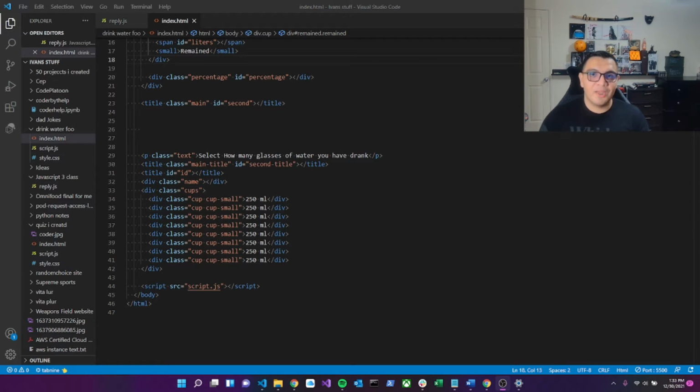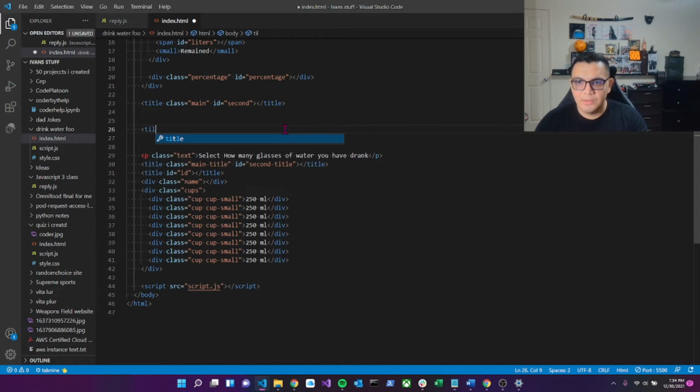So what I'm about to show you guys real quick is a little trick that Visual Studio has for HTML files. As you can see all these elements, which I'm not gonna go into too much depth. For example, you need to make a title element with the class main title, and you put text inside it. Real simple. Some people would just put title,